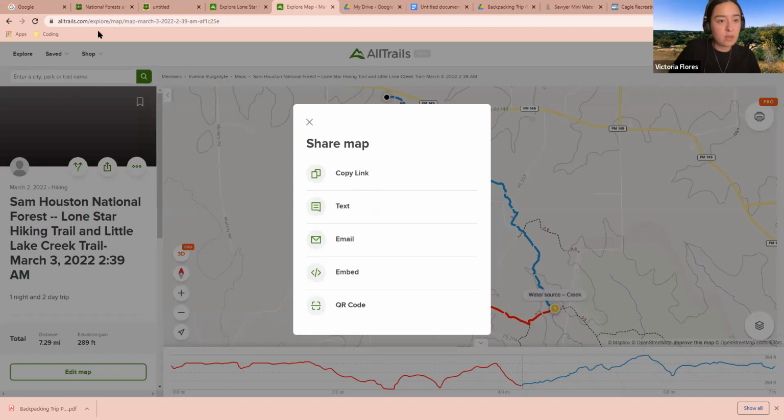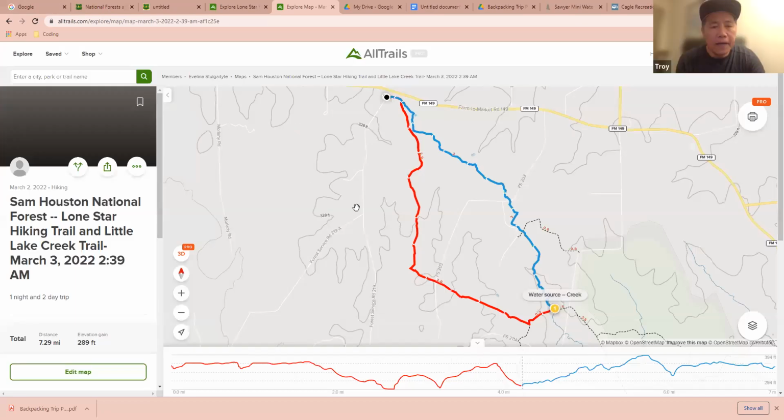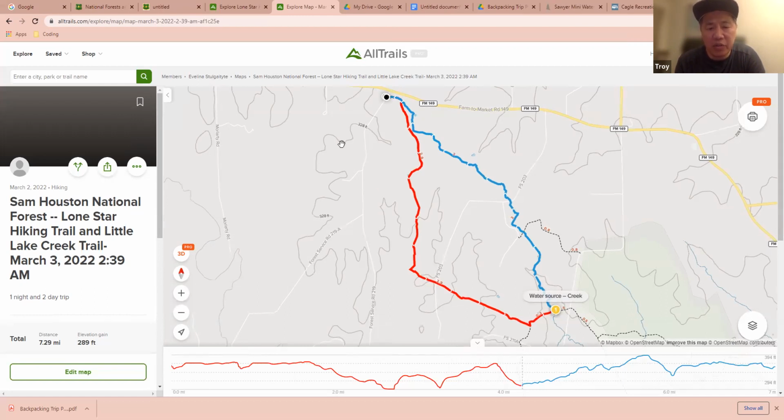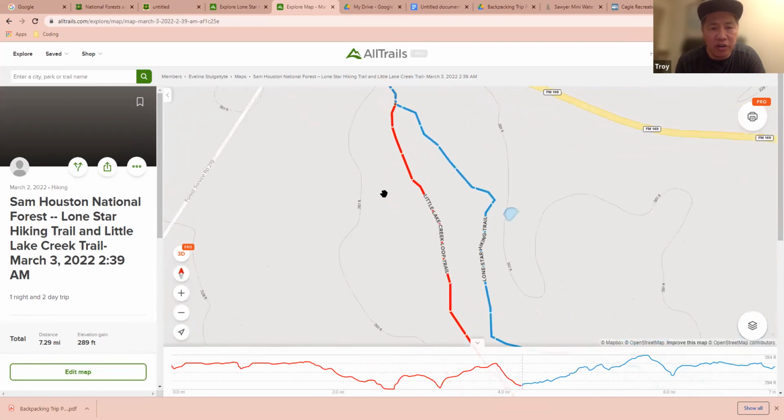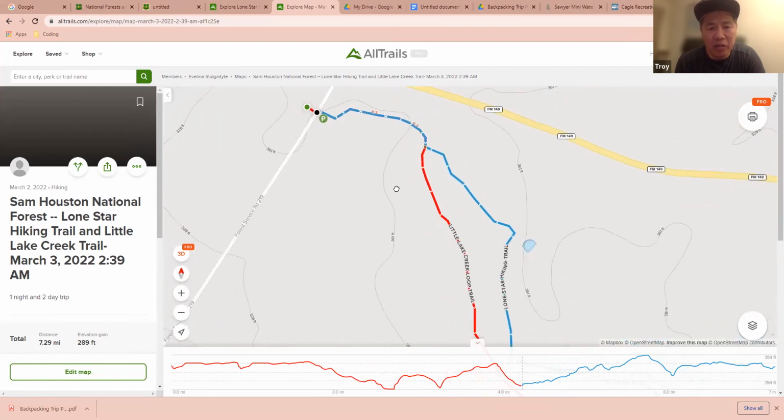Awesome. And I think that covers the majority of it. Troy, did I miss anything? So, again, I believe that water is one of the limiting sources for backpackers. So even though you identified that one water source, what I sometimes do, and this is a short route, right, if you were hiking a longer route, is zoom in and look to see if there's other water sources. So, start at the beginning. And you see that little pond right there.